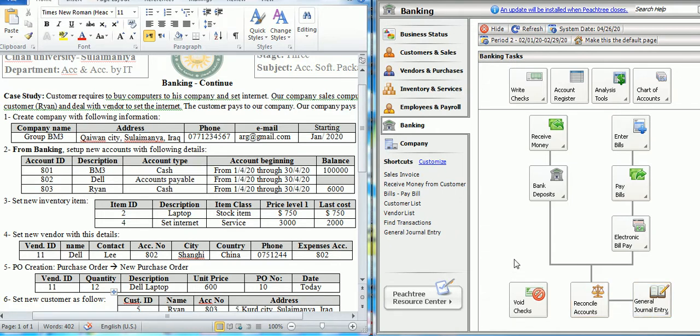Before I start today's lecture, which will continue about banking, let me remind you about the last lecture, which we took before the midterm exam. In the last lecture, we practiced how to set up